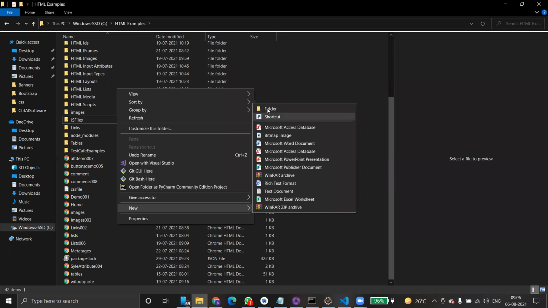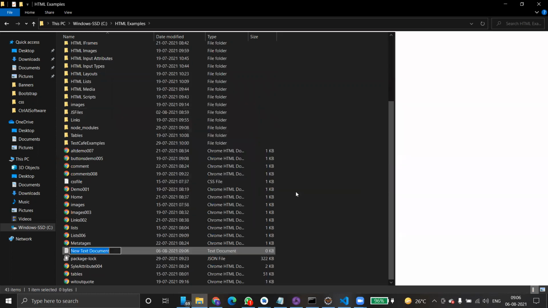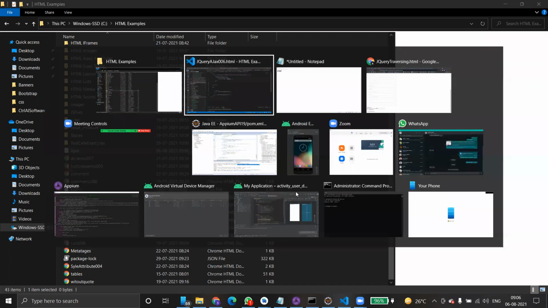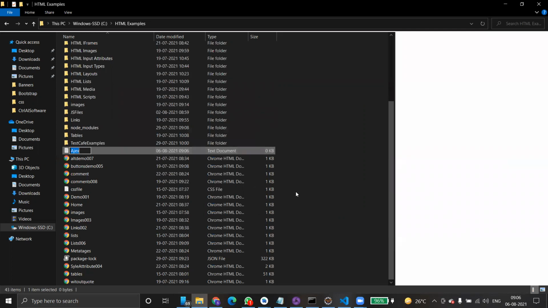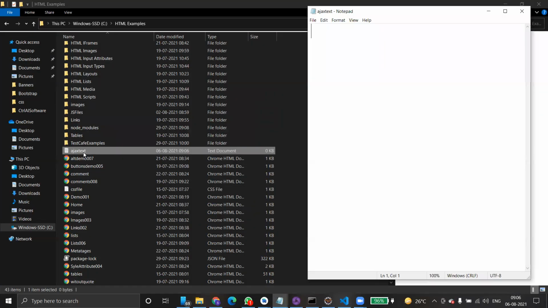Just create a text file, Ajax text. Then I'm just writing the text in it. Control S, save this file.